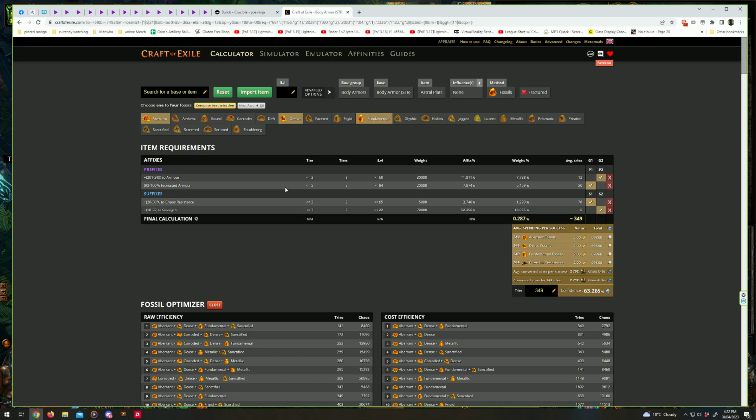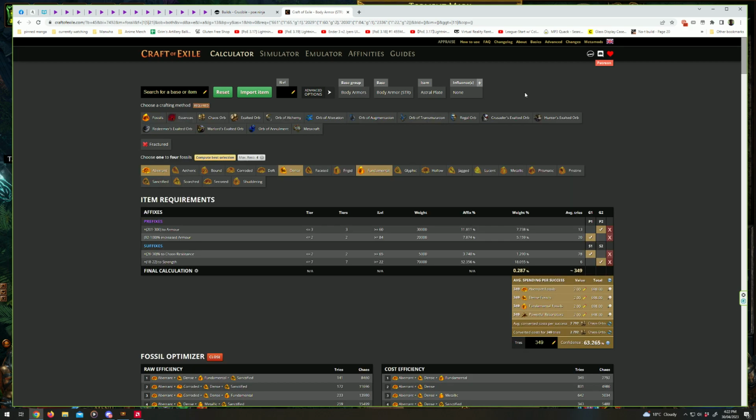There are certain ways to deterministically get particular mods, so that will be more cost effective than these. For example, harvest crafting or harvest reforges and stuff like that. So say you've got an armor that's got flat armor and percent armor, and you want basically chaos res on it,